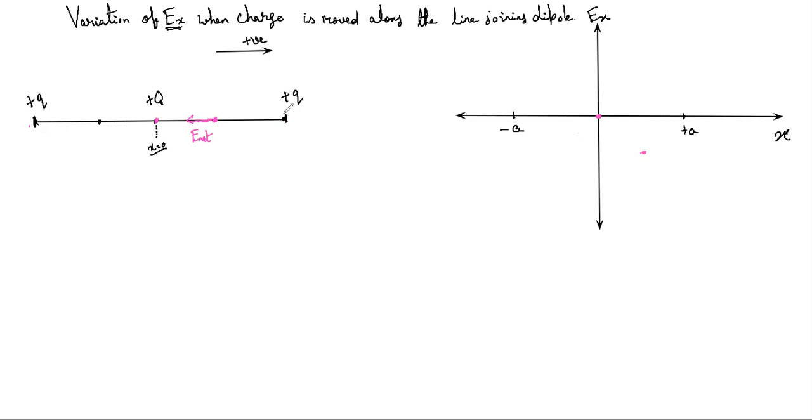Now, if you go very close to this charge plus q, इसके एकदम पास चले जाएंगे, तो electric field will be in the left direction, net electric field, और इसका magnitude क्या होगा? The magnitude will be very large because the point is very close to this charge. That means इसका magnitude बहुत बढ़ जाएगा as you go closer to point A.